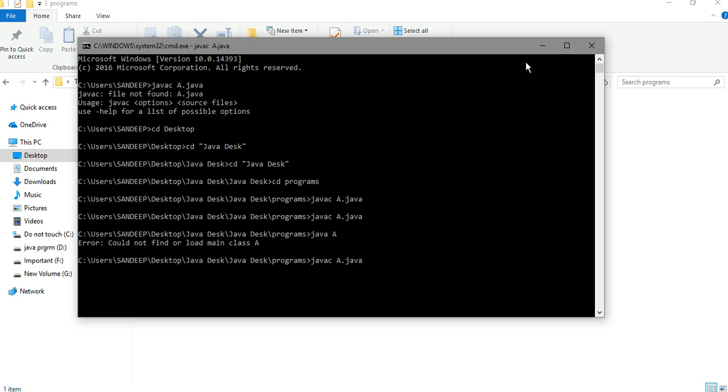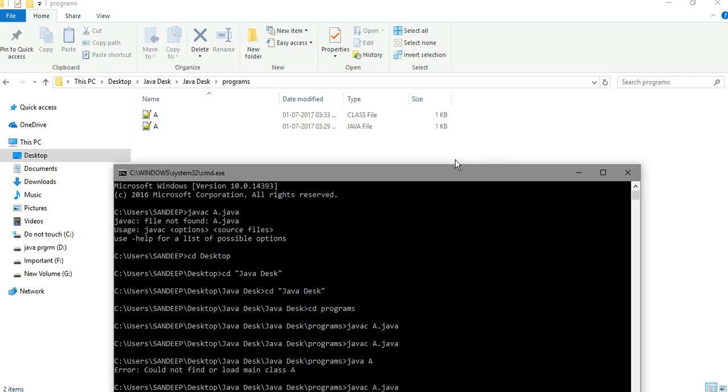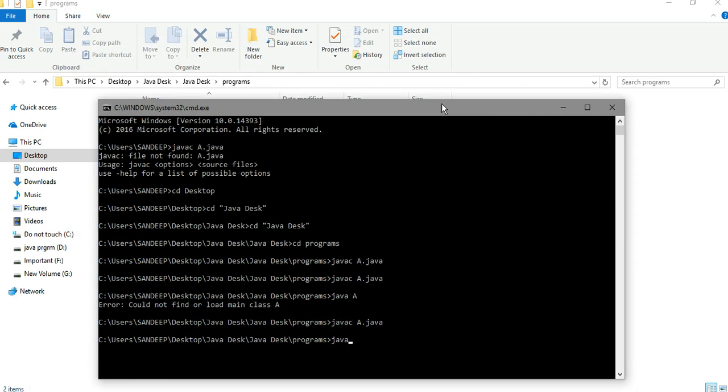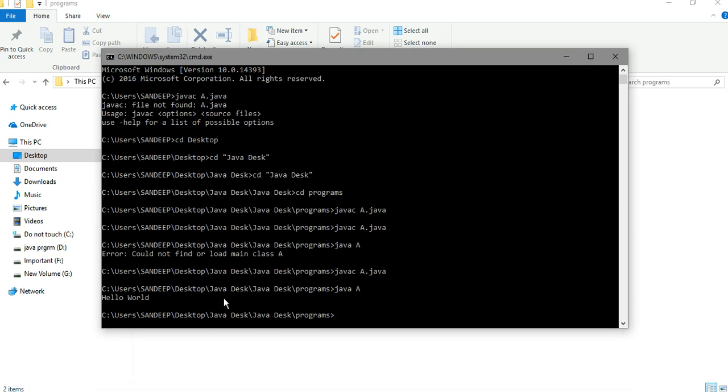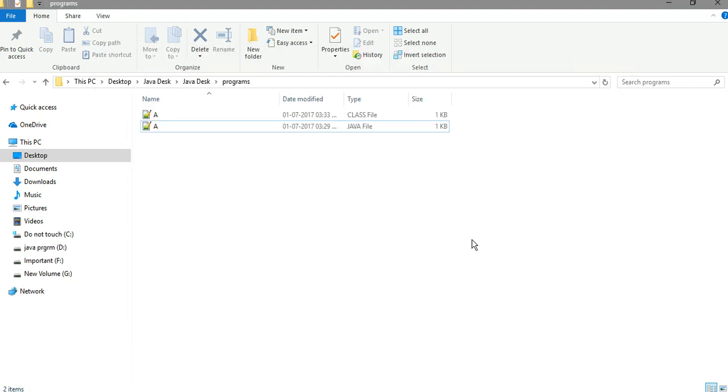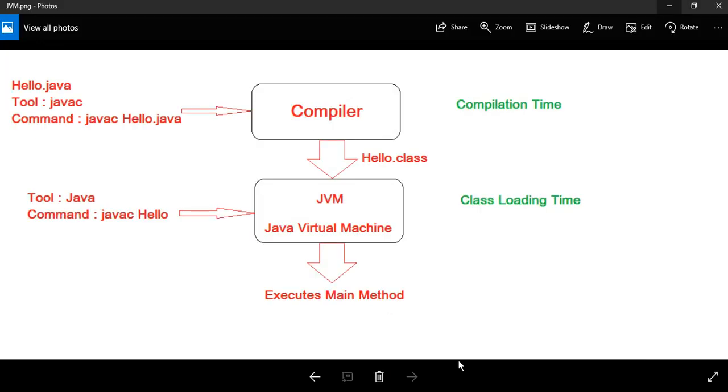So again we compile the program, we get the .class file there, and now if we run it again, see, we get hello world on our console. So guys, this is the simple process I explained to you regarding the